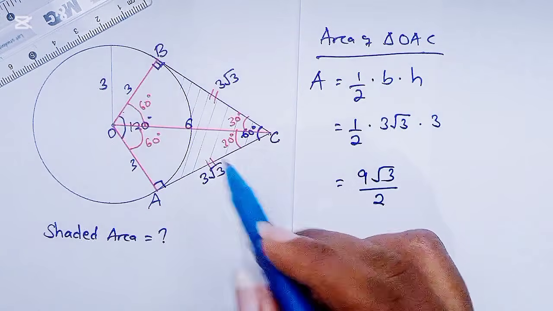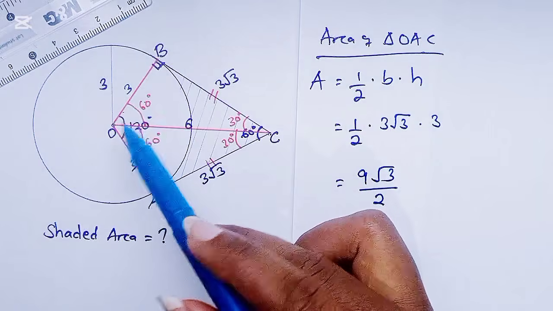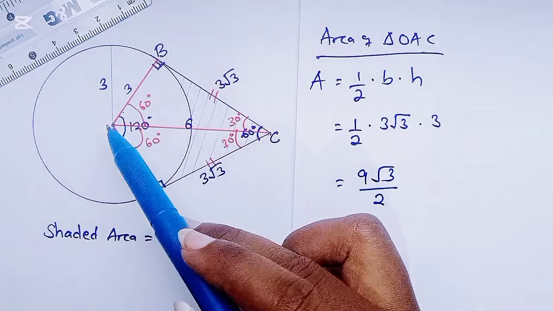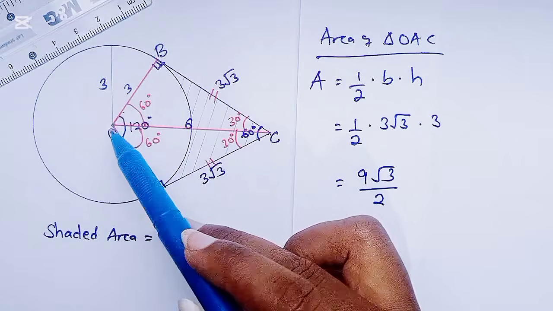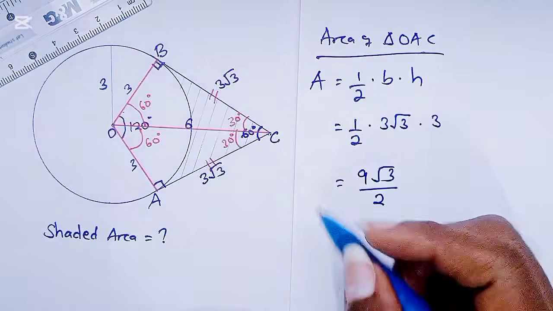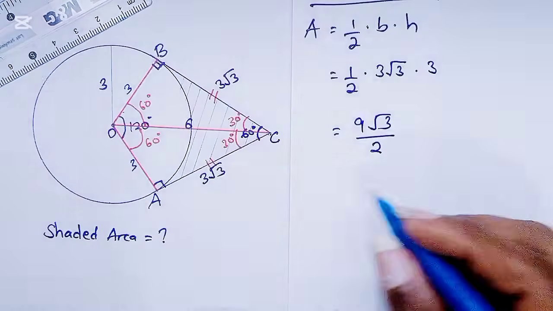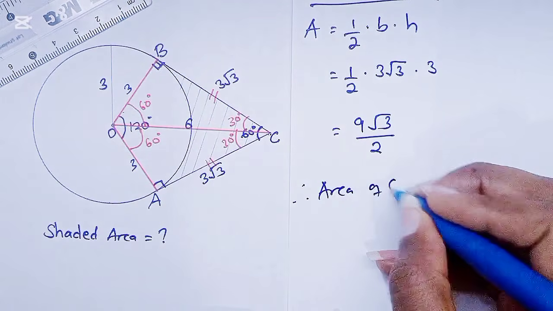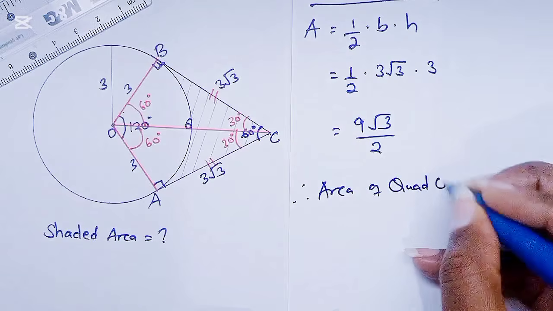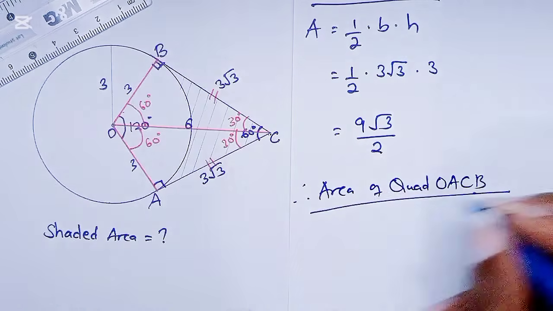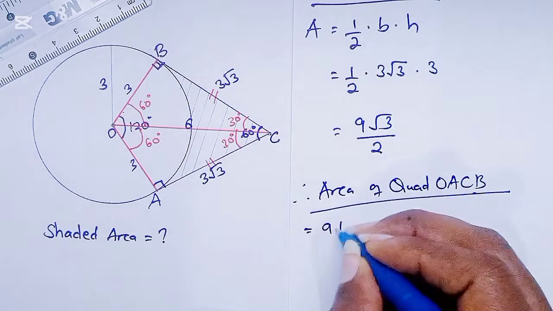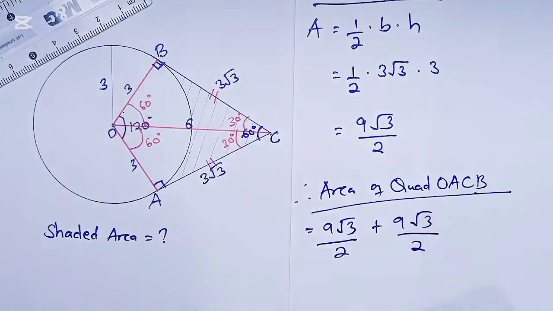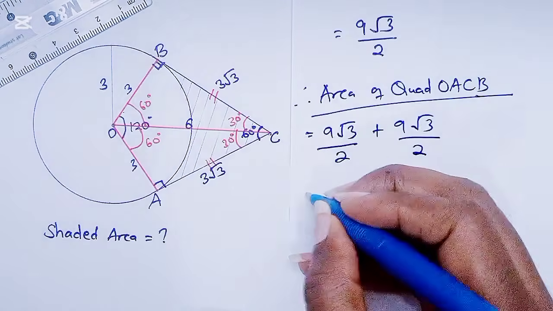But remember, area of triangle OAC is congruent to triangle OCB. Okay? Therefore, area of quadrilateral OACB will be equal to 9 root 3 over 2 plus 9 root 3 over 2. So this will be equal to,